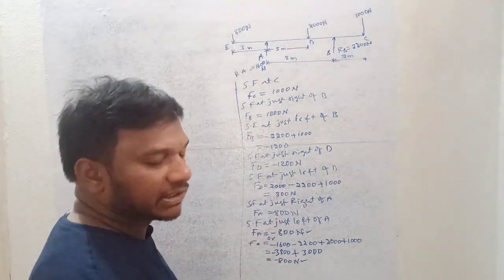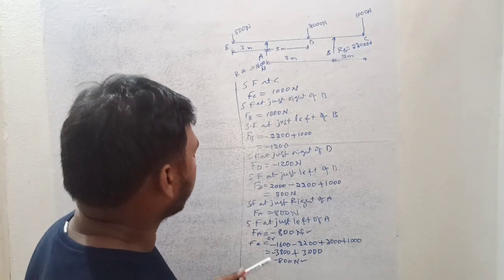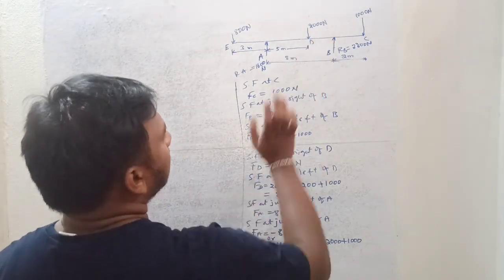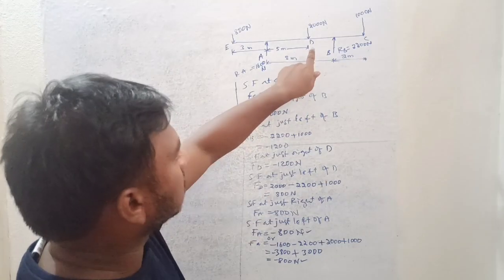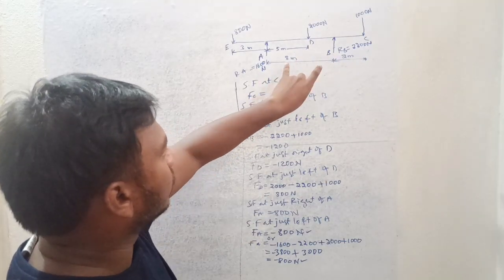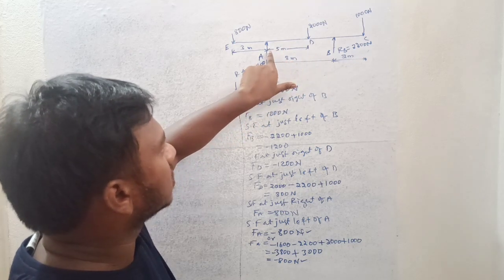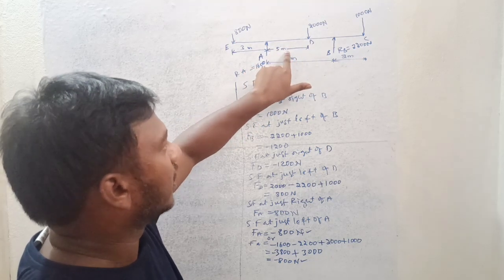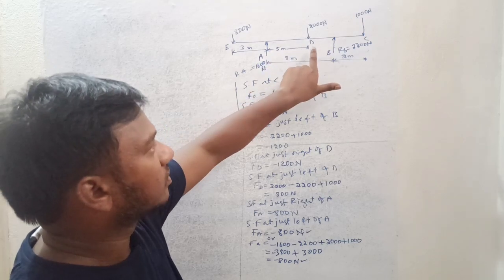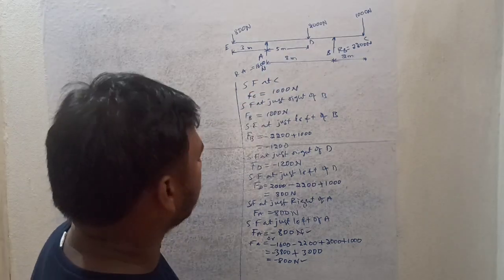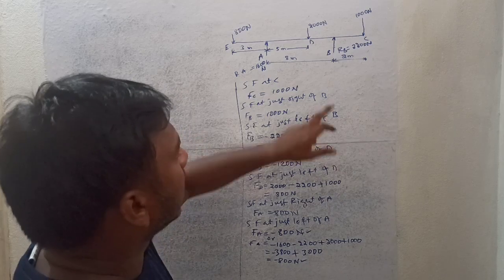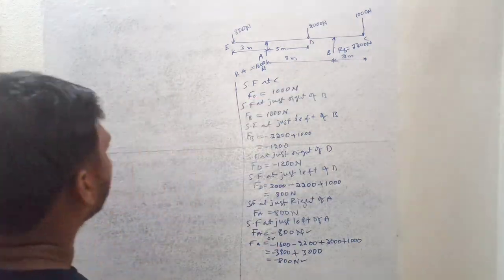Okay, so shear force changes its sign, means what? Bending moment will be maximum at point D. That is at a distance of 3 meters from B, if the distance between A and B is 8 meters and the distance from A to D is 5 meters, remaining distance will be 3 meters, right? So bending moment will be maximum at this D, we will determine, right? Okay, so next